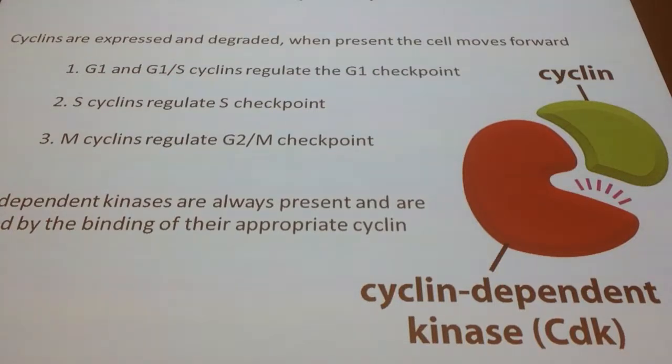So if I ask you which CDK and which cyclin controls the G0, G1 checkpoint, you would say it's the G0, G1 CDK and the G0, G1 cyclin. Simple enough, right? If you know the exact checkpoint, then that's the name of the CDK and cyclin. That's all it is. Because it will get more complex: the G2M checkpoint and the M checkpoint, guess what? It's controlled by the same CDK and cyclin,